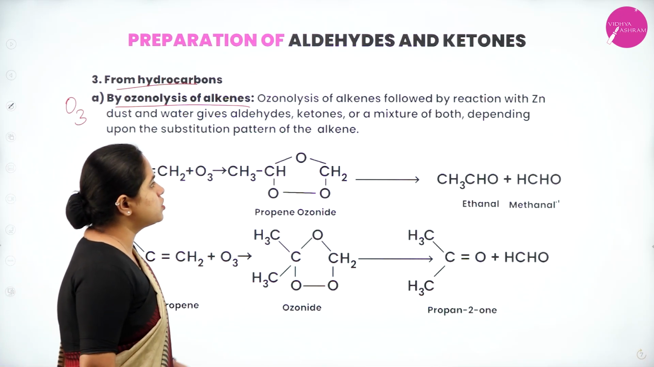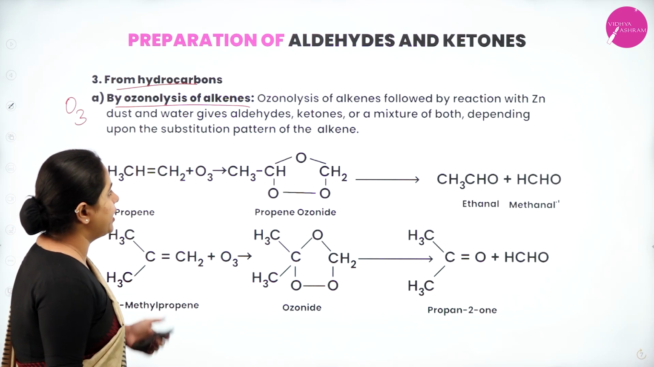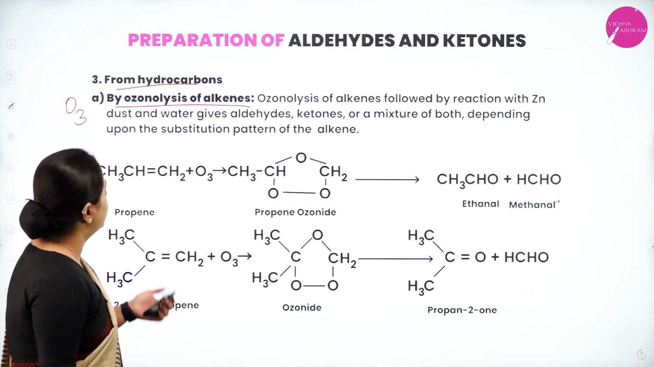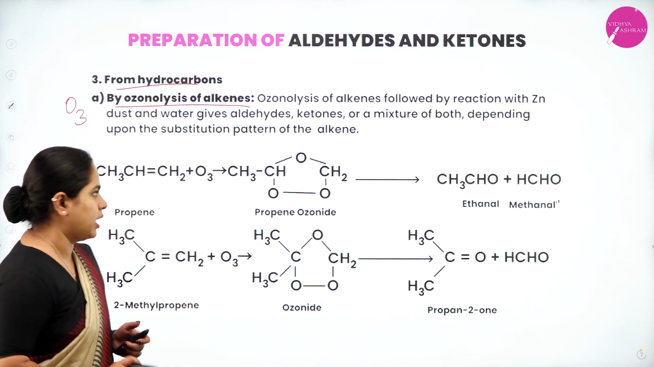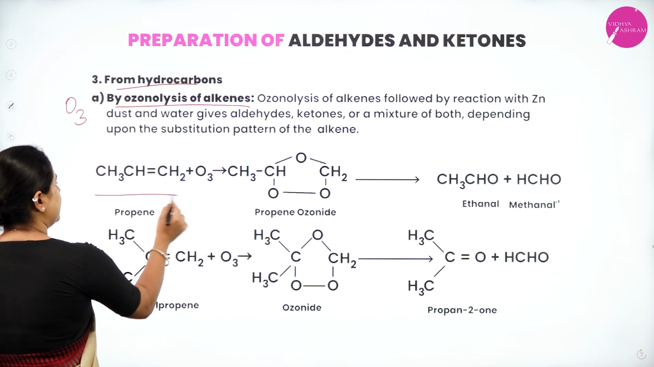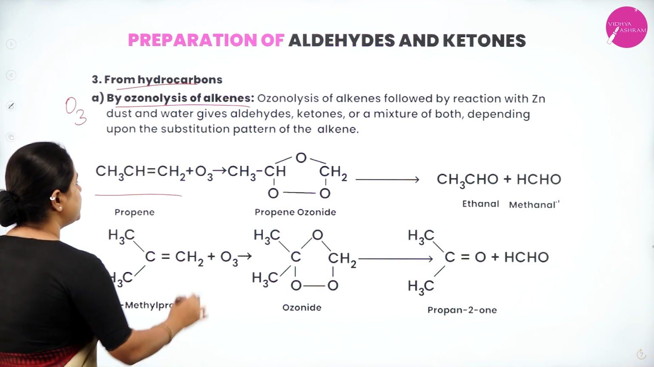Okay, so ozonolysis of alkenes followed by a reaction with zinc dust and water gives aldehydes, ketones, or a mixture of both depending upon the substitution pattern of the alkene. So let us understand how this is happening. So we have taken an alkene here, CH3, CH double bond, CH2, which is propene, to which we are going to do